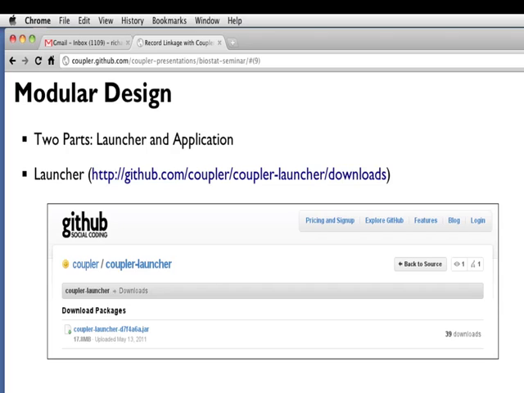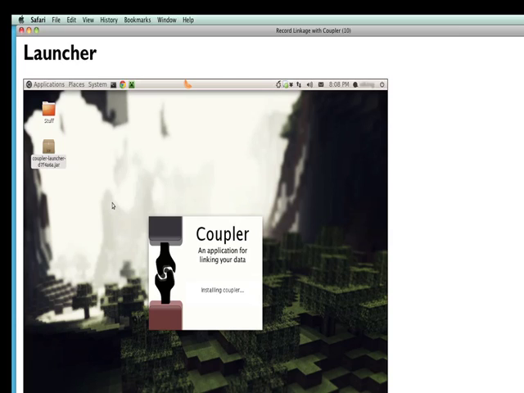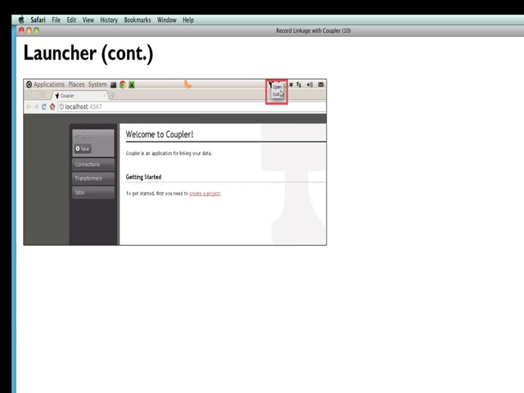Launcher is available from our GitHub repository. You can download Coupler Launcher, save it on your desktop. To launch Coupler, we're going to double click on the icon on our desktop, the Coupler Launcher, and we will get the splash screen saying that Coupler is installing. Once it's installed,